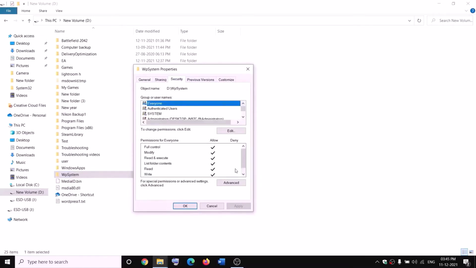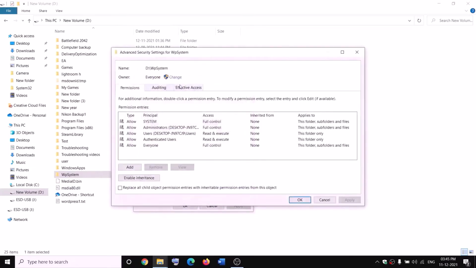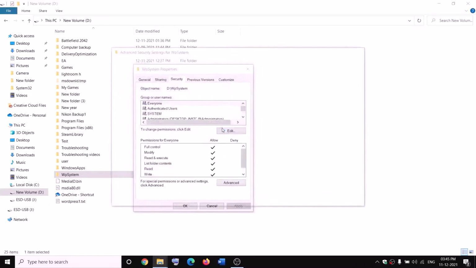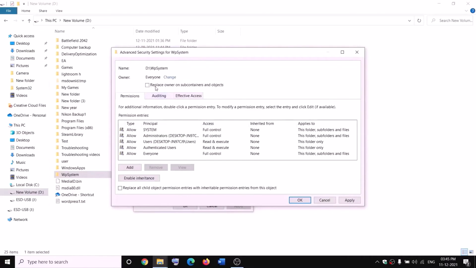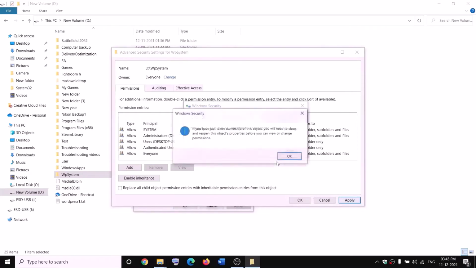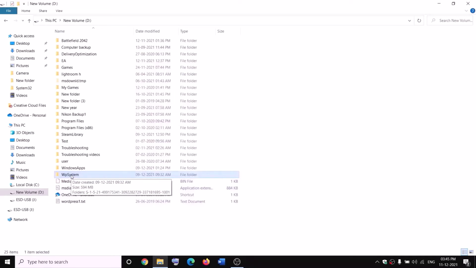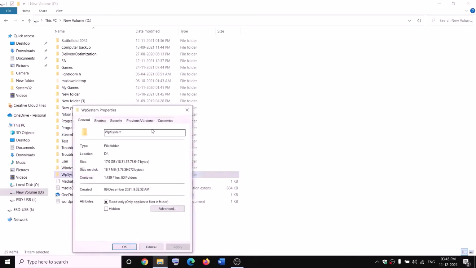So go to security tab and then click on advanced. Now click on change over here and then type in everyone over here, everyone, and then click on check names, then click on OK. Now put a check on the box which says replace owner on subcontainers and objects, and then click on apply. OK, OK, OK, and then again make a right click on WP system folder, select properties once again, go to